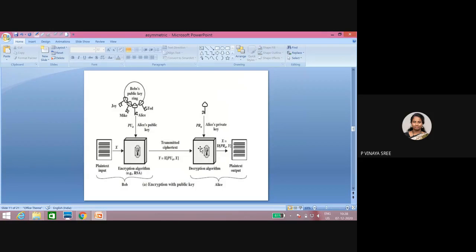Okay. Now here the same thing, encryption we are doing with Bob's public key. So Bob's public key is broadcasted here, and the others in the network can share their public keys. So this is your plain text encrypted internally. The encryption algorithms used are asymmetric key encryptions. There are so many asymmetric key encryptions, but one of the very famous is RSA.